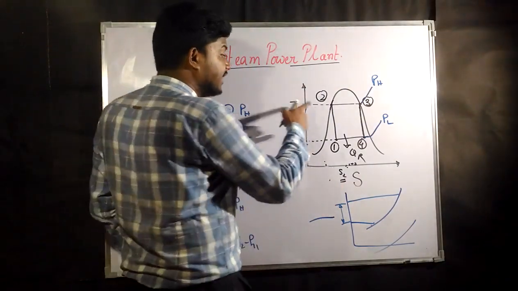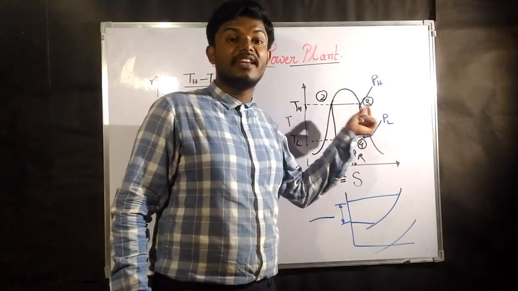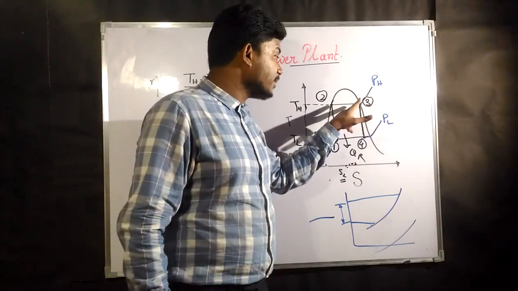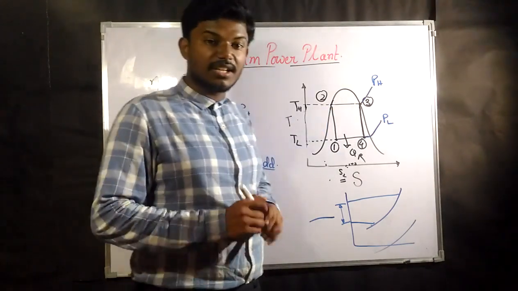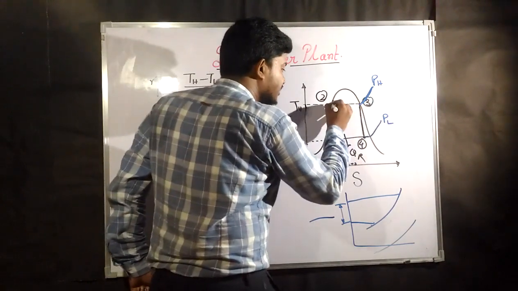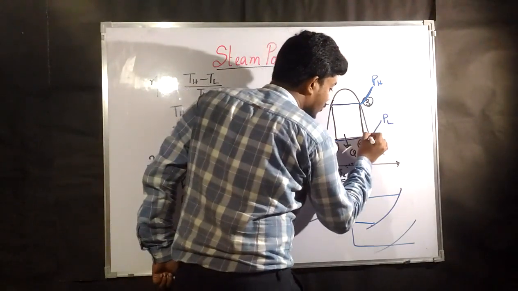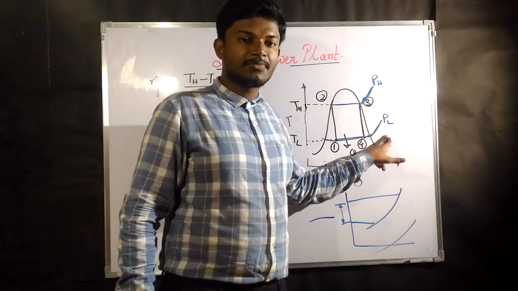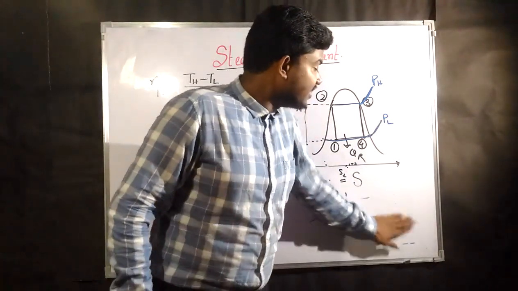Inside the vapor dome, it is nothing but a phase changing process, and in a phase changing process the temperature is always going to be constant. So inside the vapor dome, this is the constant pressure line. Once it comes out of the vapor dome, it will be the usual constant pressure line, the same as in the case of air. So this is the difference here.